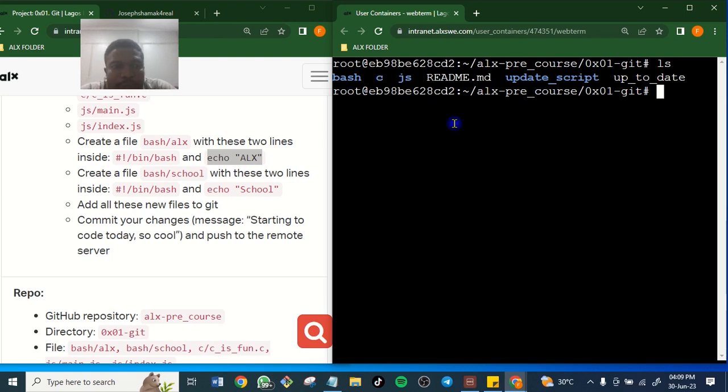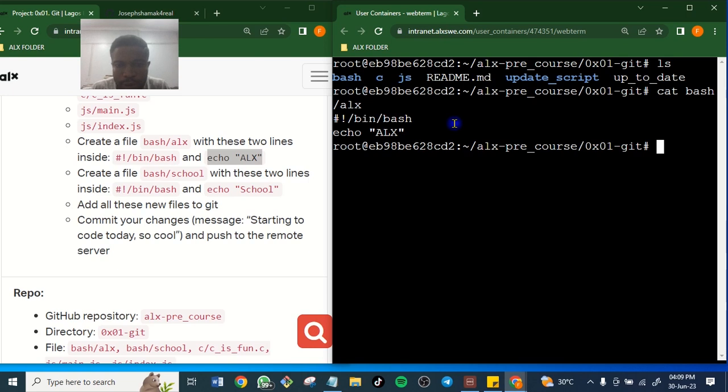ls. Okay. Let me cut and see what is inside. .alx. So it's there already. Let me check this. Let me delete this.